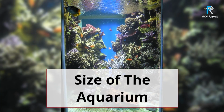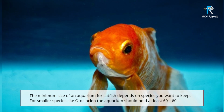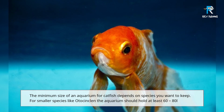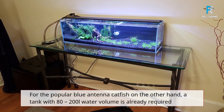Size of the aquarium. The minimum size of an aquarium for catfish depends on the species you want to keep. For smaller species like Otocinclus, the aquarium should hold at least 60 to 80 liters. For the popular blue antenna catfish, on the other hand, a tank with 80 to